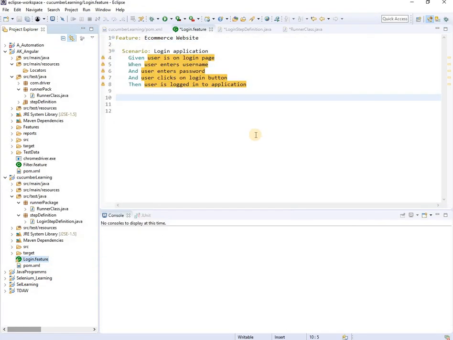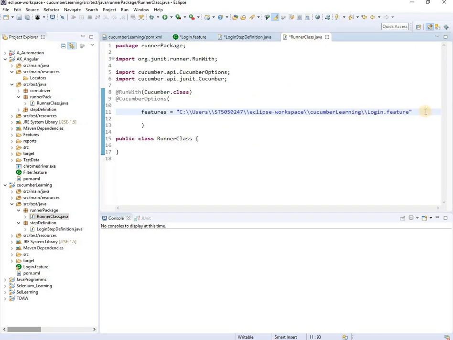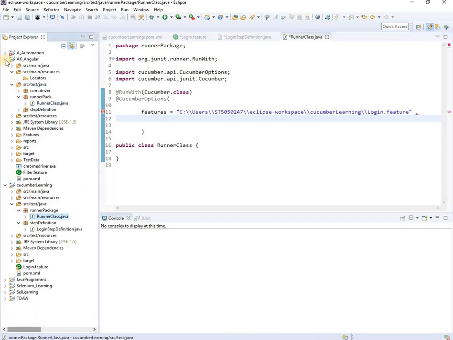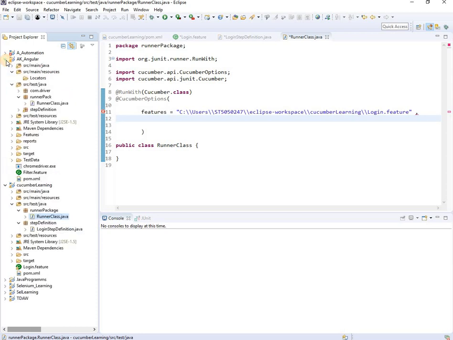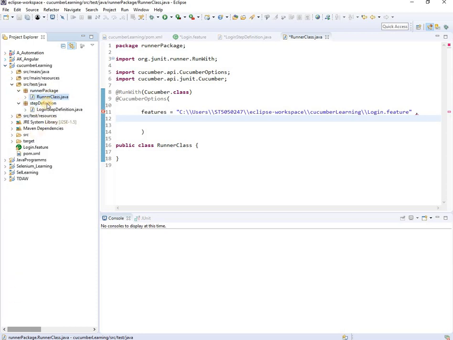This is the path where it has been kept. So I have given the path, comma, and I have to give the path of my step definition file. I have made a package for the step definition file, which is this.